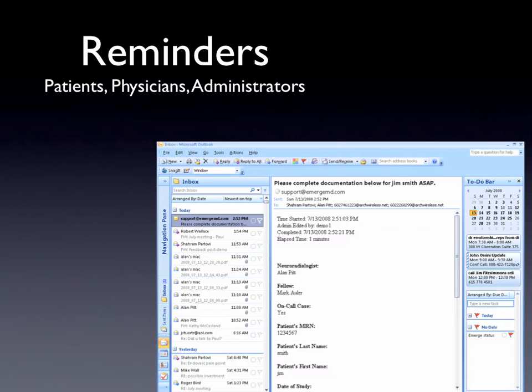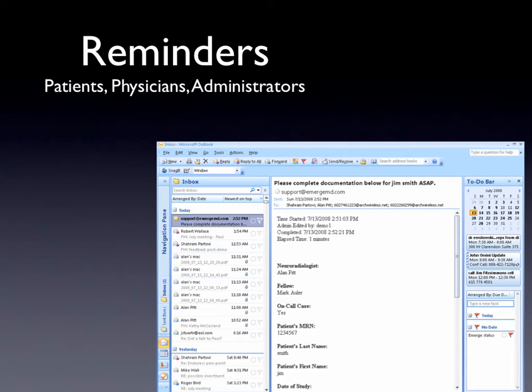So this could be a physician who was supposed to give information and has not done so within a period of time. This could be a patient who is recording their weight on a regular basis. Joe Smith, we have not received your weight in the last 24 hours. Could you please remember to do so? Any participant within this community can be messaged and reminded to participate and put their data in.